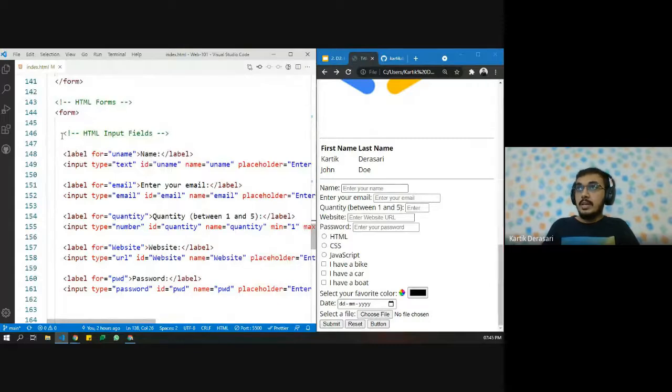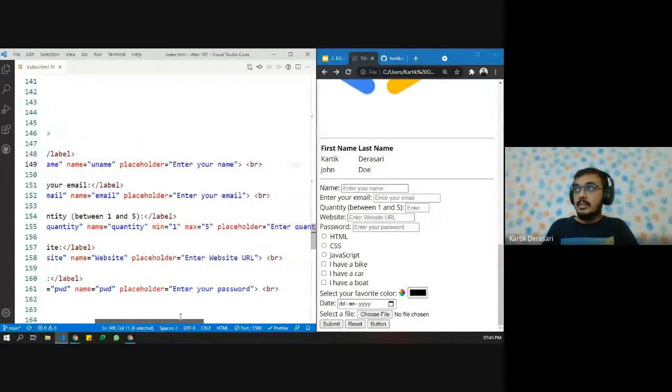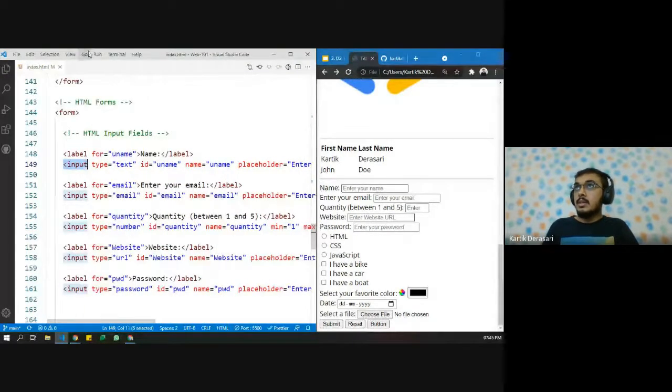There are different types of input fields, but the main thing is that the input HTML element is there.